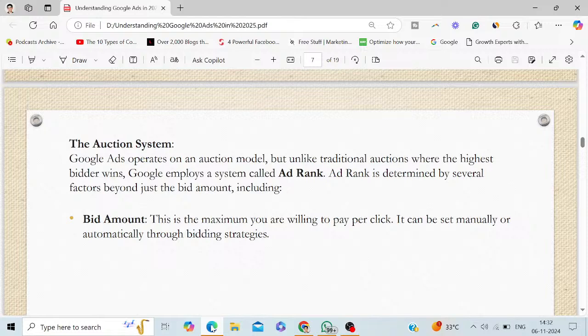The most important concept here is the auction system, right? Google Ads operates on an auction model, but it's not a traditional auction where the highest bidder wins. Google employs a system called ad rank. Ad rank is determined by several factors beyond just the bid amount. This includes